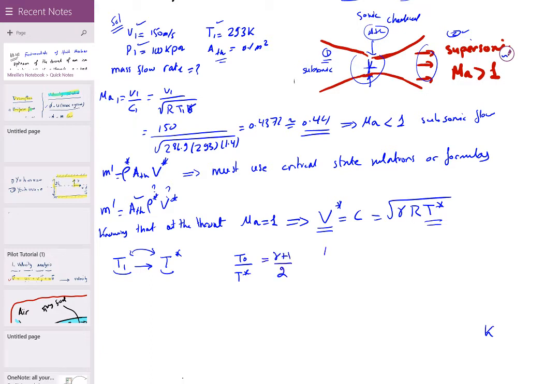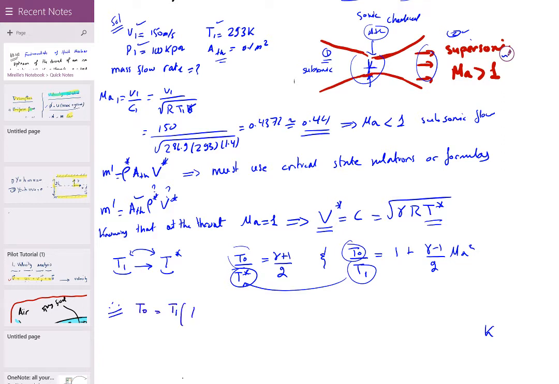Next, relating the stagnation temperature with the temperature anywhere in the flow, in our case number 1, T naught over T1 equals 1 plus gamma minus 1 over 2 Mach number squared. So to move from T1 to T critical, I must go through T naught. Therefore, I use number 2, and I can say T naught equals T1 times 1 plus gamma minus 1 over 2